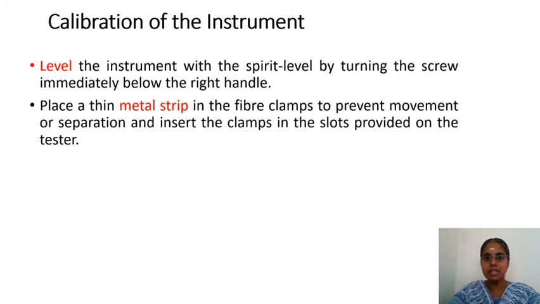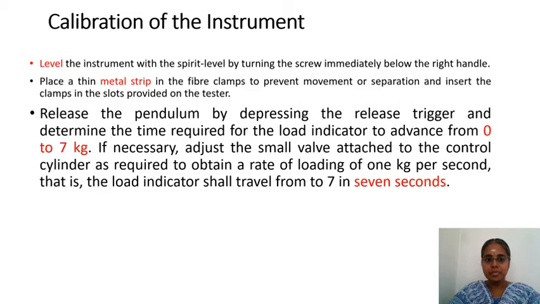Instead of the fibers, a metal strip is placed and locked using the vise in the clamping area, and then the jaws are taken and clamped in the jaw holders. One jaw holder is in the beam and the other jaw holder is in the pendulum, as we have seen already. The pendulum is released by depressing the release trigger,